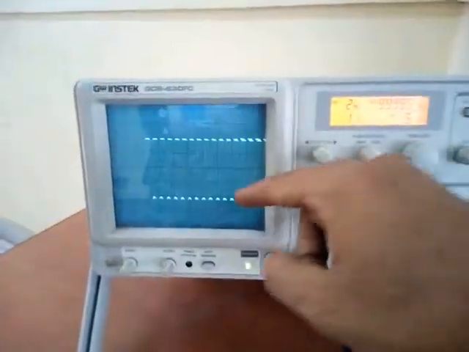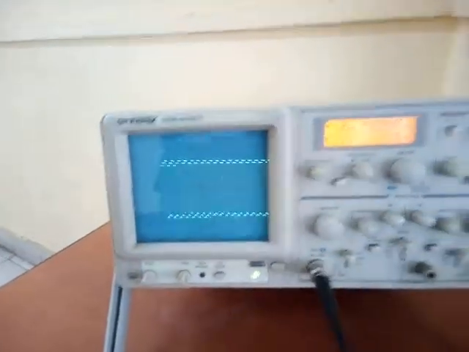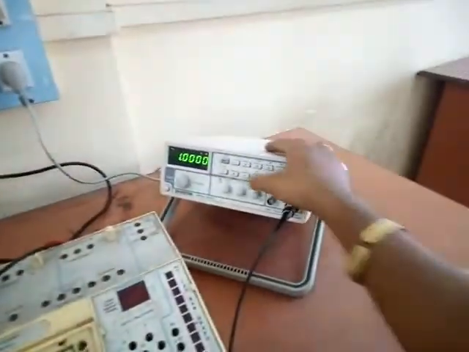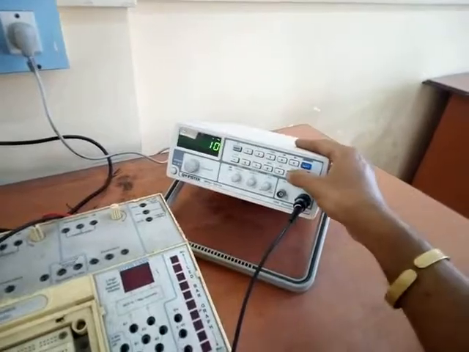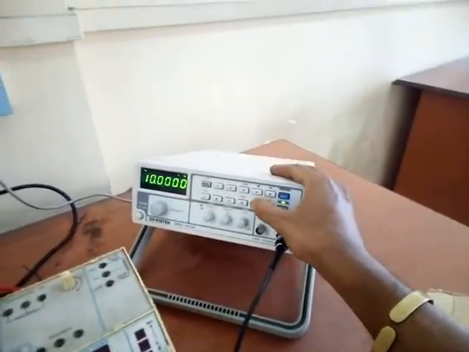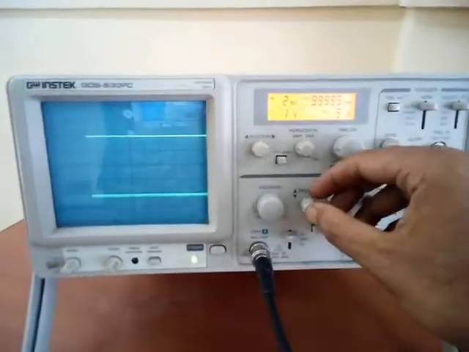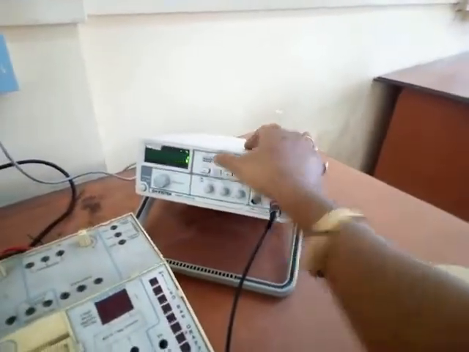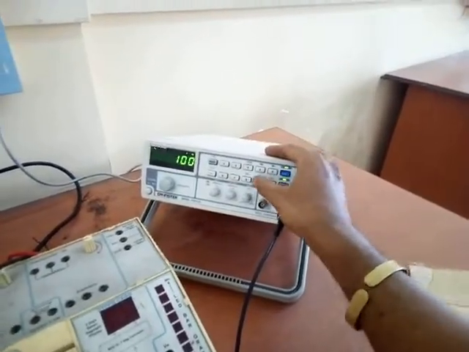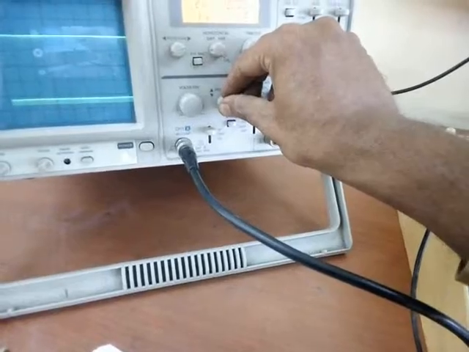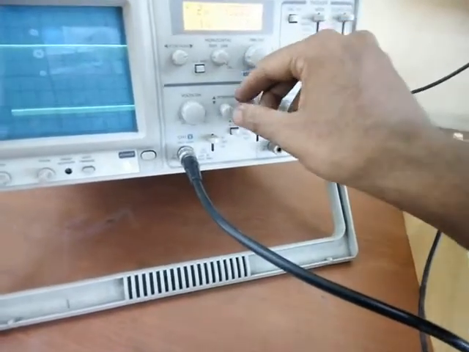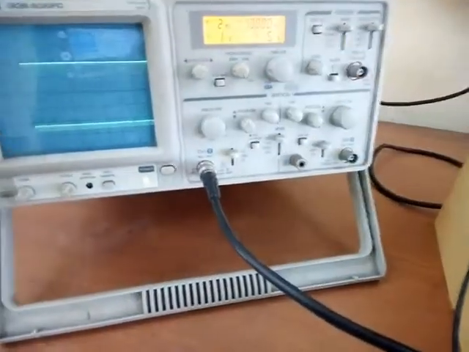The output is the same, 4.2 volt. Now suppose 10 kilohertz, the output is the same. Go to 100 kilohertz, it is 4.4.